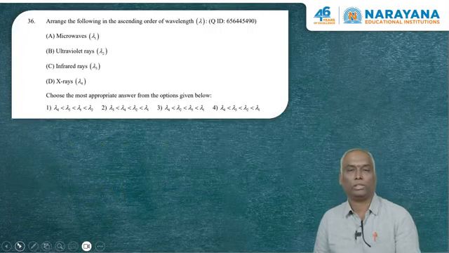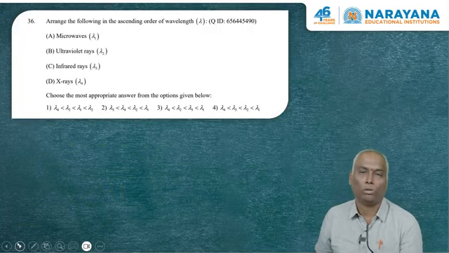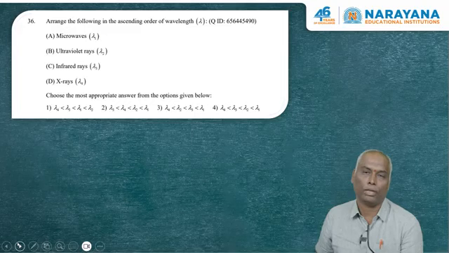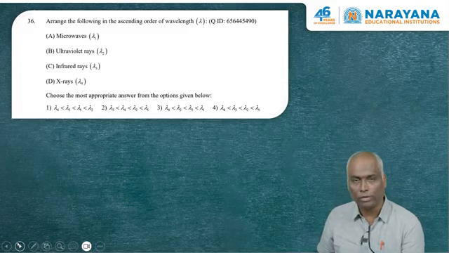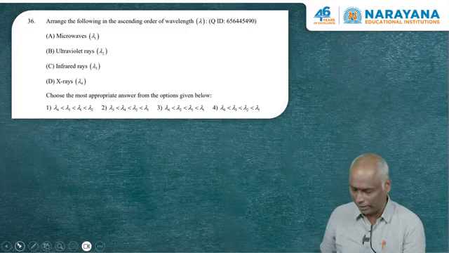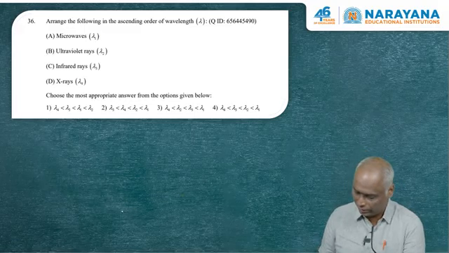Next, question number 36. Arrange the following in the ascending order of wavelength lambda. So here they have given four wavelengths which are associated with the electromagnetic spectrum. You are asked to find out the correct arrangement in which the wavelengths are going to increase, ascending order. So for this, first of all, we have to understand the electromagnetic spectrum. When we consider the electromagnetic spectrum, it's going to be something like this: